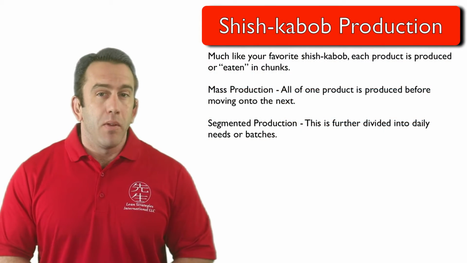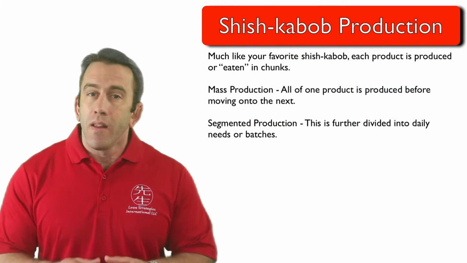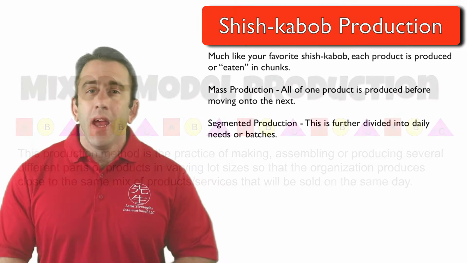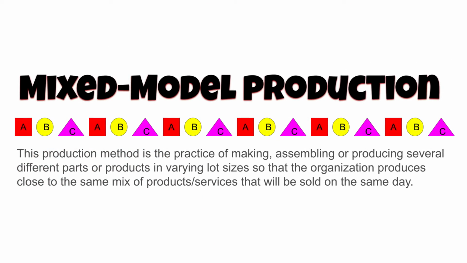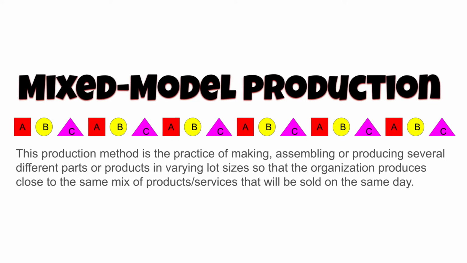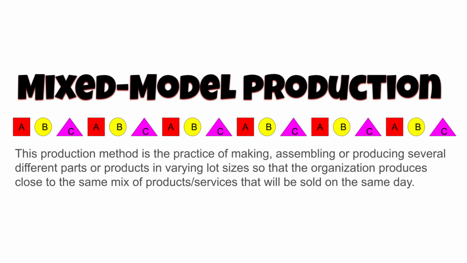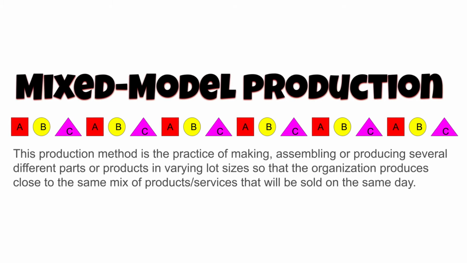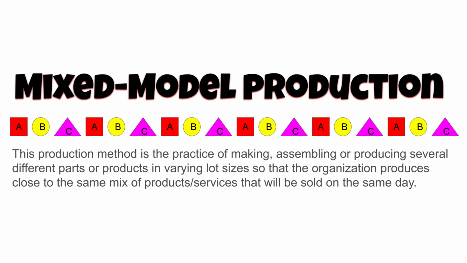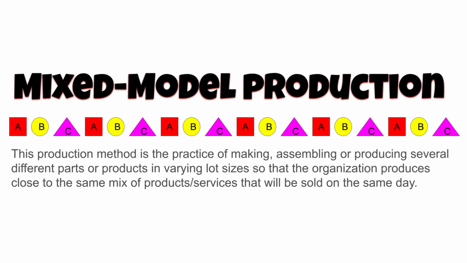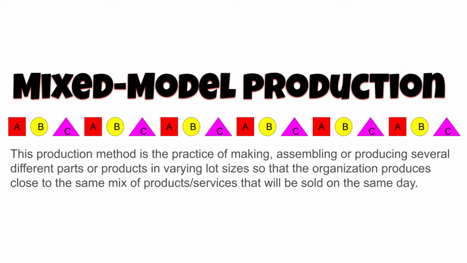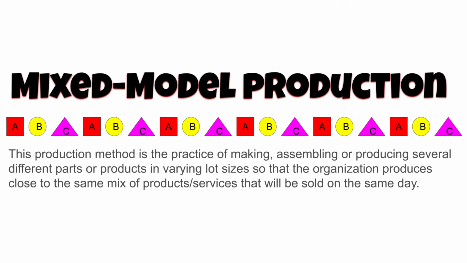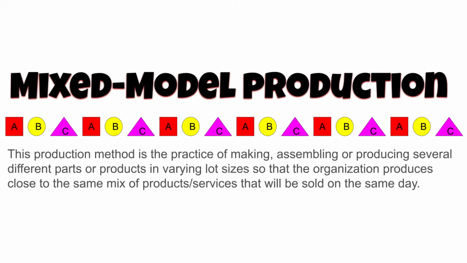Then the next type is segmented production. This is further divided into daily needs or batches. And finally, mixed modal production. This production method is the practice of making, assembling, or producing several different parts or products in varying lot sizes so that the organization produces close to the same mix of products or services that will be sold on the